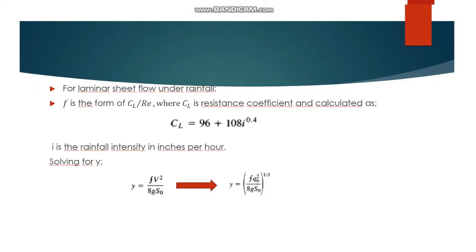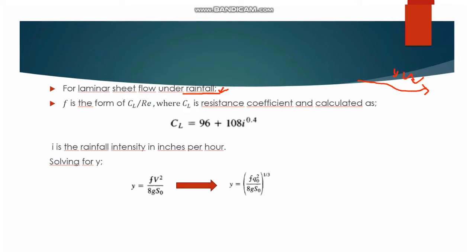For laminar sheet flow under rainfall, here the rainfall plays a role in the consideration. Before, the rain occurred and then there was ponding and the flow started. Here there is flow and rainfall at the same time, the fluid is flowing and the rain is coming into play. So when it's this one, f is of the form